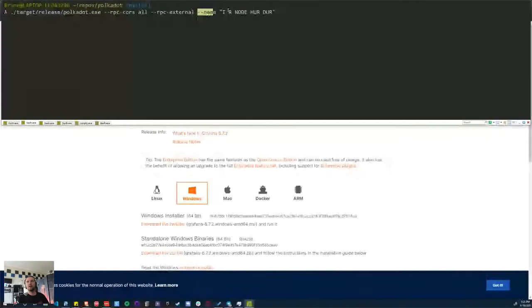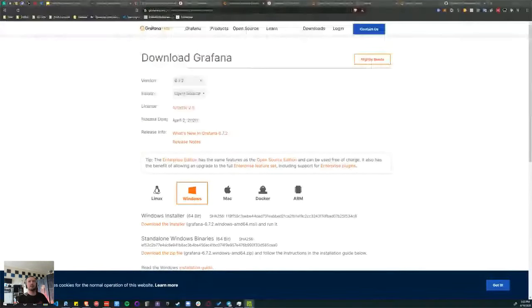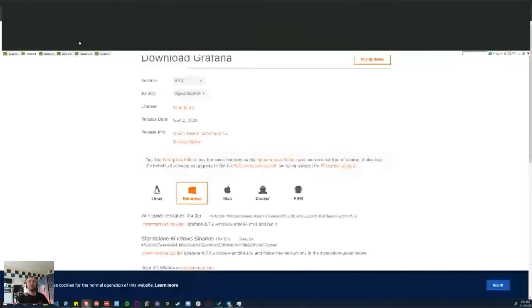And the name is there so that you can see your node in the Polkadot telemetry. The telemetry screen is a special dashboard where all the nodes currently participating in the ecosystem, currently syncing with the network, are listed. So you can see your node there. So if we run this,